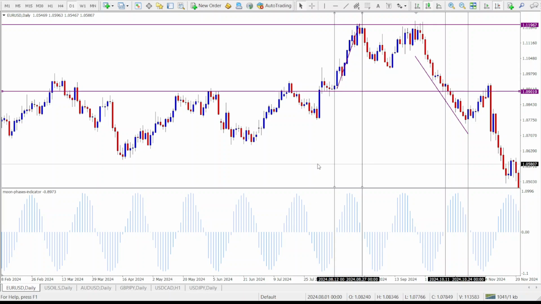Now remember that there is no indicator that is 100% accurate, all right? This indicator is not 100% accurate. Sometimes there could be false signals, and that is the reason why it's always important to ensure you observe good risk management, okay? Make use of good risk to reward ratios so that even if you have some losses and some wins, for example, if you have equal number of wins and losses, you are still going to be on